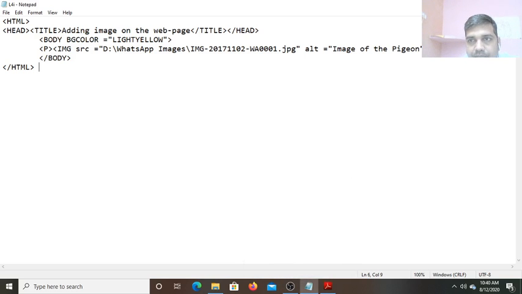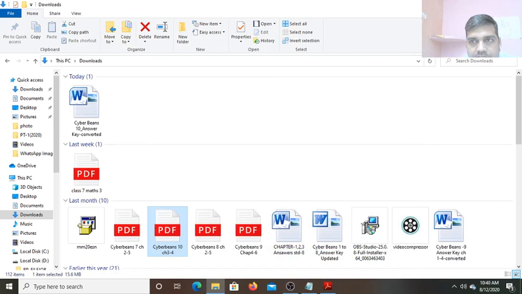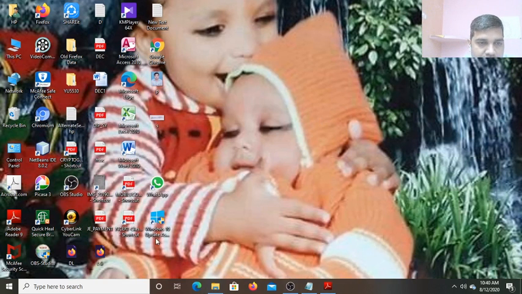Let me minimize it. Now I will show you this HTML file, which is saved on the desktop. See L4i. Now if I open this with the help of Mozilla Firefox, see the output.